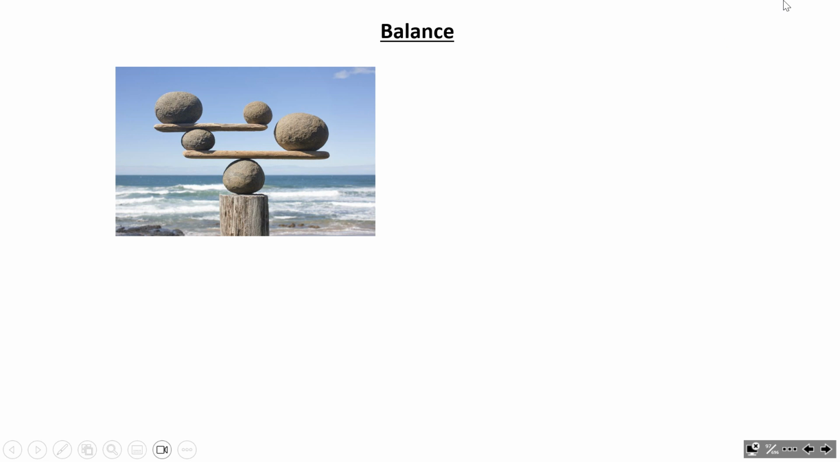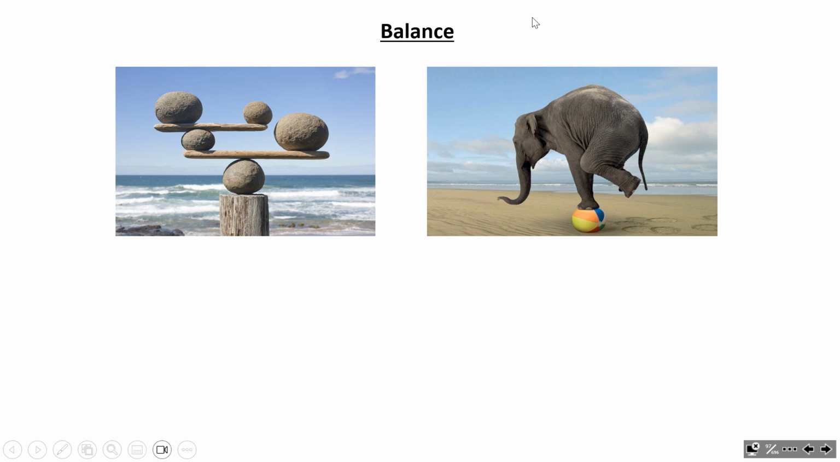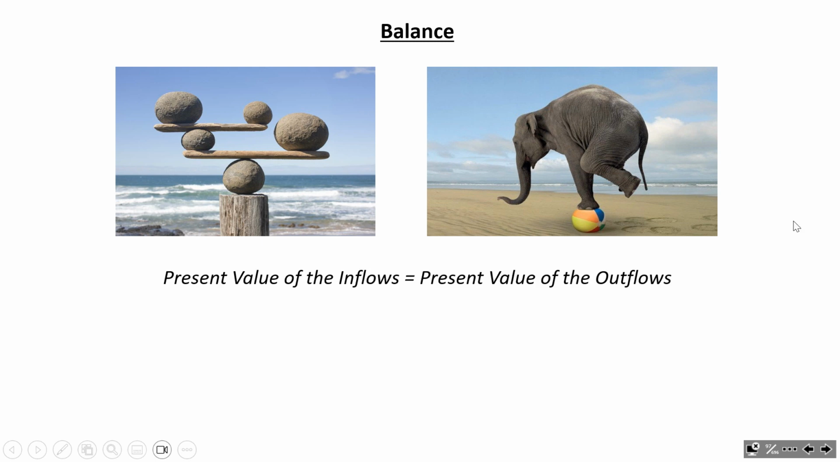Okay, well, here's a picture of some nice balanced rocks, just to set in your mind the idea of equilibrium or balance. So here's an elephant that's balancing, and in engineering economics, sometimes we are interested in setting the present value of the inflows equal to the present value of the outflows. And the reason why we care about that is that's how you find the rate of return for a project